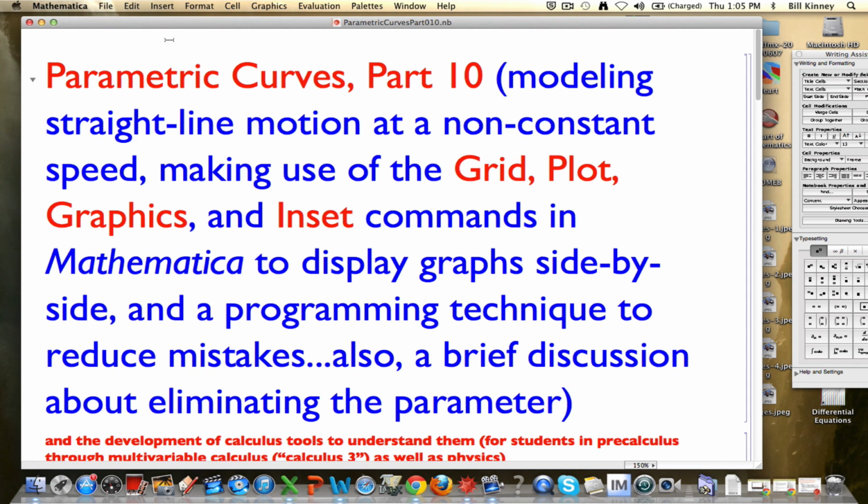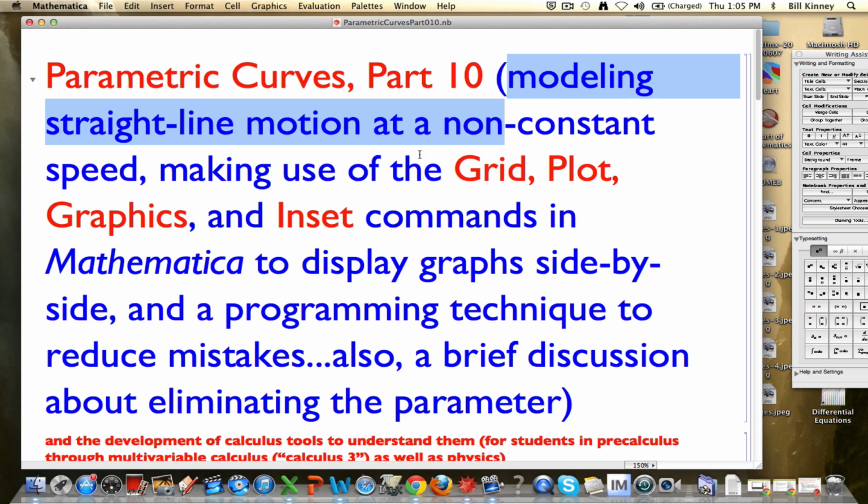Hi, my name is Bill Kinney, and this is part 10 of a series that I've been making about parametric curves and the associated parametric equations. We've been focusing on physics applications, in particular modeling motion, and recently we've been focused on modeling straight line motion